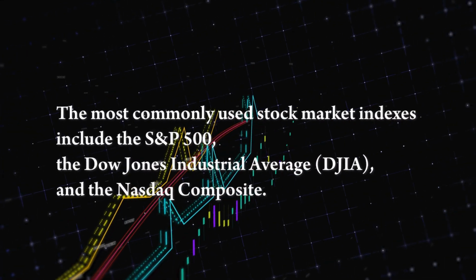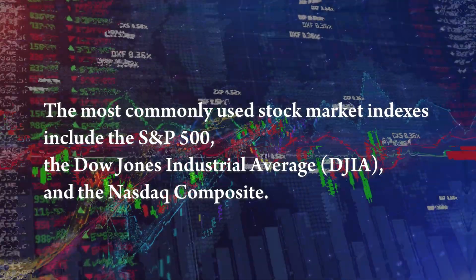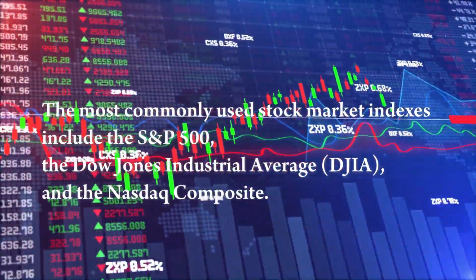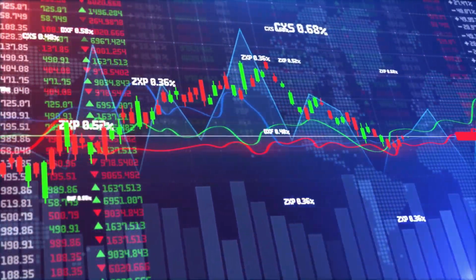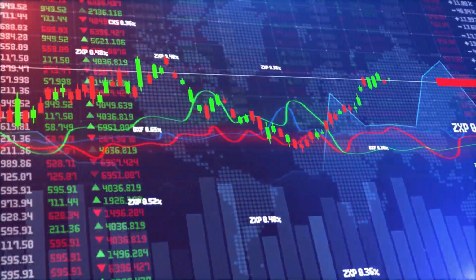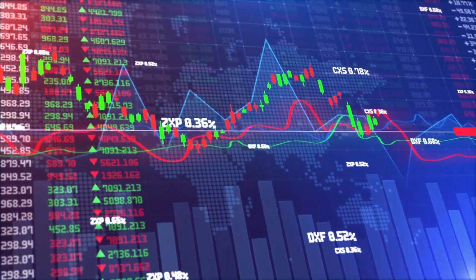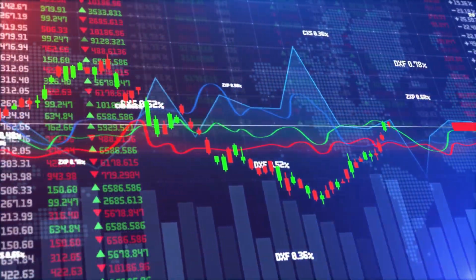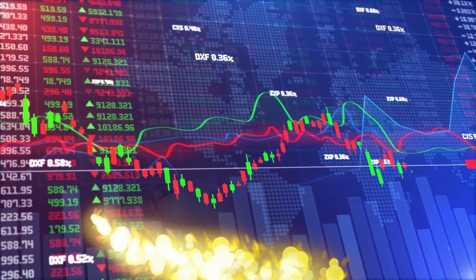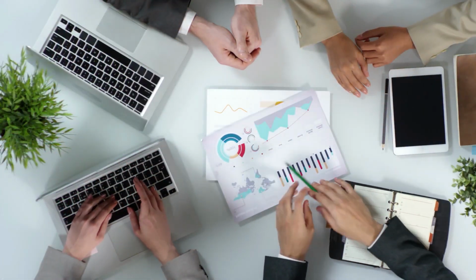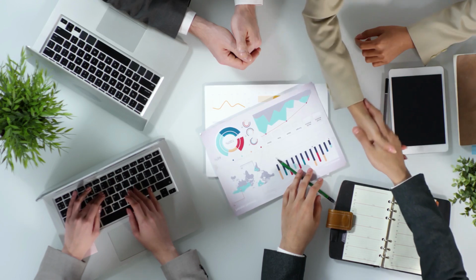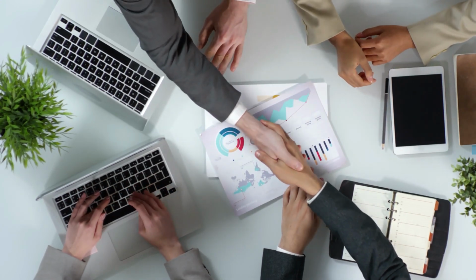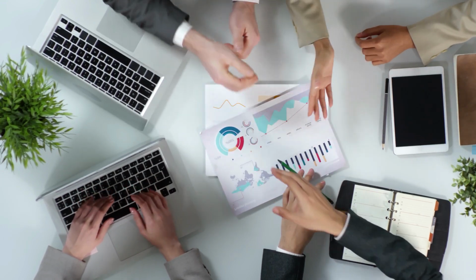The most commonly used stock market indexes include the S&P 500, the Dow Jones Industrial Average (DJIA), and the Nasdaq Composite. The S&P 500 index, for example, tracks the performance of 500 large-cap U.S. stocks across various sectors. The DJIA, on the other hand, tracks the performance of 30 blue-chip stocks in the U.S. Indexes are often weighted based on market capitalization, meaning that the performance of larger companies has a greater impact on